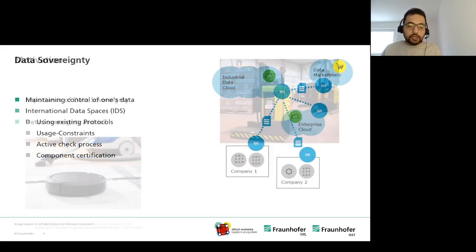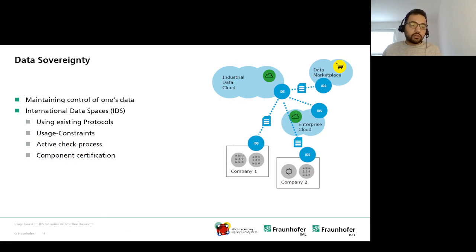In general, data sovereignty is, like I said, maintaining control of one's data. And there are multiple approaches currently under development. The most documented and specified standard of which is the International Data Spaces, which relies on existing protocols, and the data exchange is based on usage constraints.